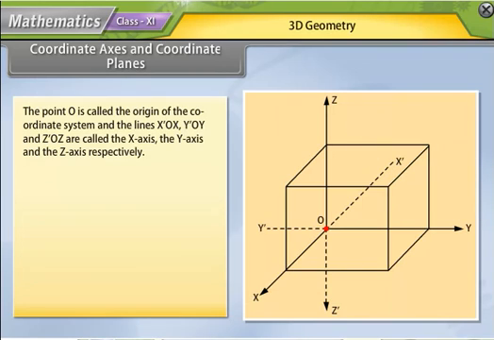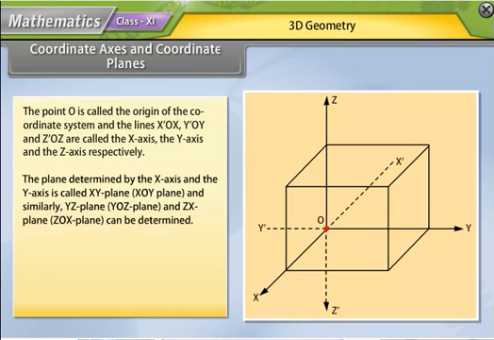The positive direction of the axis is indicated by arrows with thick lines. The plane determined by the x-axis and the y-axis is called xy plane, that is XOY plane, and similarly yz